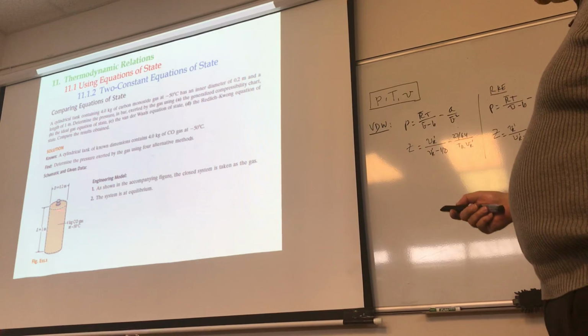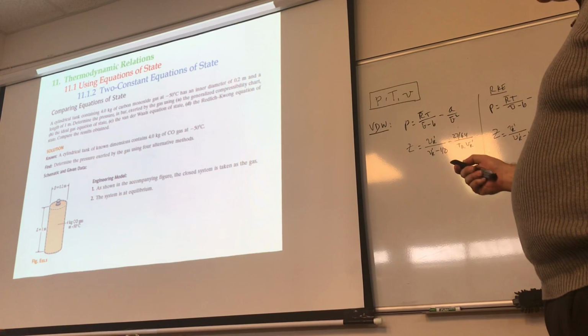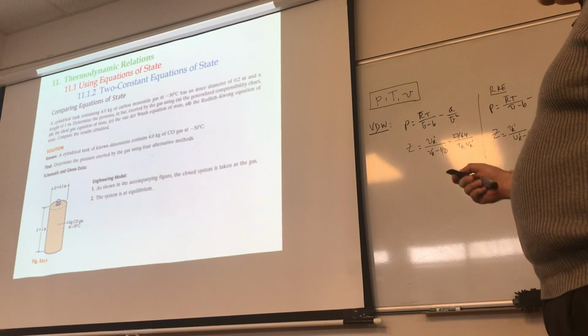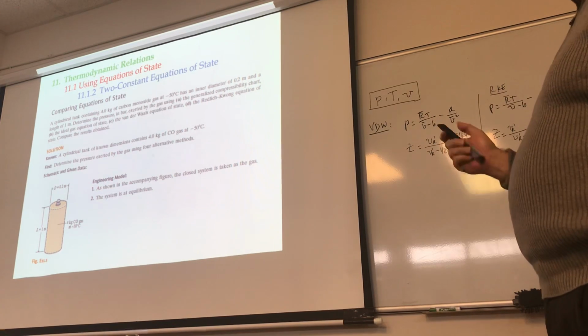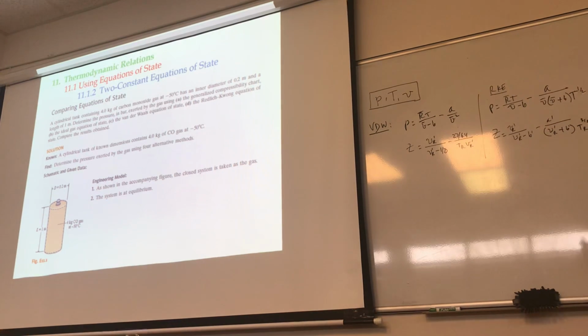And this container here has an inner diameter of 0.2 meters and a length of 1 meter. So all the information is given to us. The question here is, what is the pressure of this gas that is inside, in bars, by using, first of all, the generalized compressibility chart,